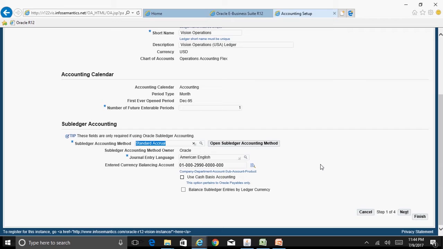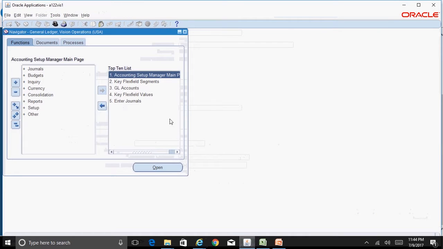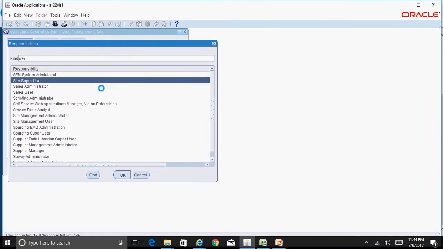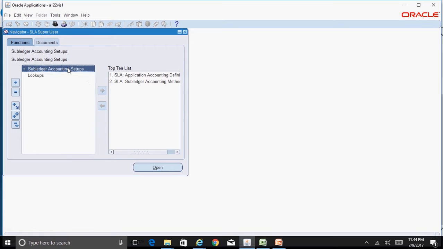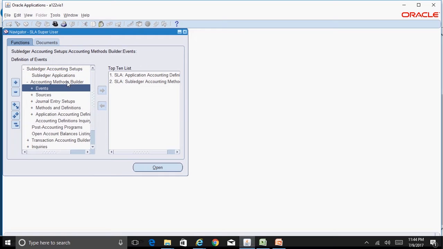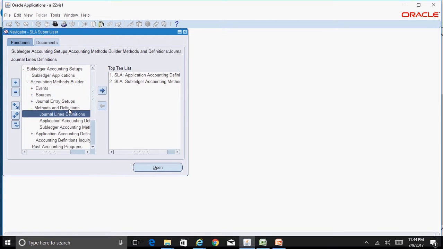Now in order to customize this, the best option would be to copy the Standard Accrual subledger accounting method and make your changes on your copied version. Navigate to the SLA Super User responsibility, bring up the subledger accounting method screen, which is Account Method Builder, Methods and Definitions.